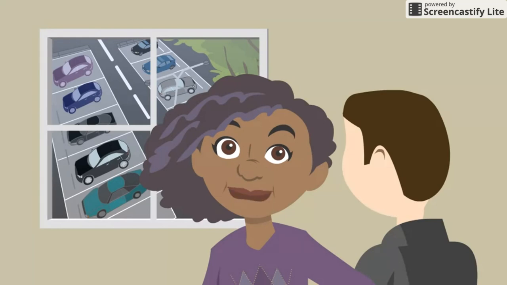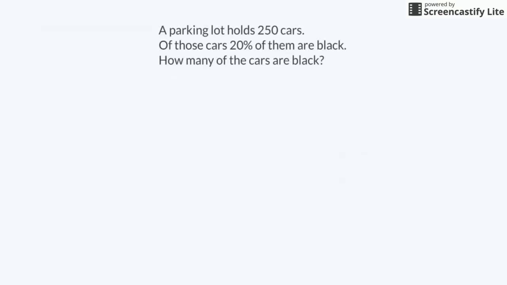Let's get started. A parking lot holds 250 cars. Of those cars, 20% of them are black. How many of the cars are black? I want to find the number of black cars out of all the cars parked in this lot. I know there are 250 cars total, and 20% of those are black. I am going to rewrite this as 20% of 250 cars